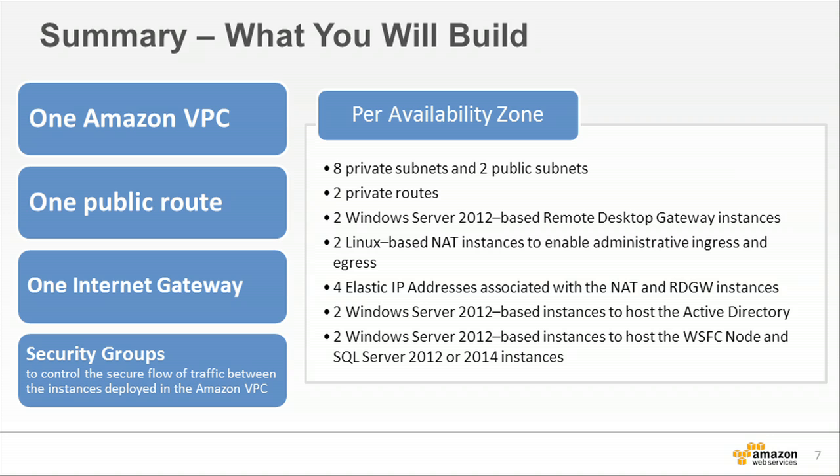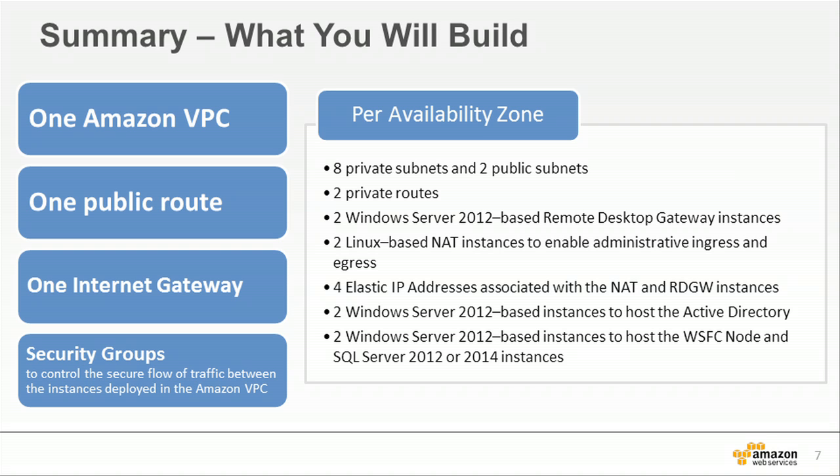So what you're going to build, or what this will build if you follow these steps and use this CloudFormation template, is several high-level components, and then per availability zone components for each availability zone in the platform. In the region, I should say. One Amazon VPC, a virtual private cloud, which defines a large VLAN or network infrastructure within which you're going to place resources. A public route for routing into that VPC, an internet gateway for routing out to the public internet,